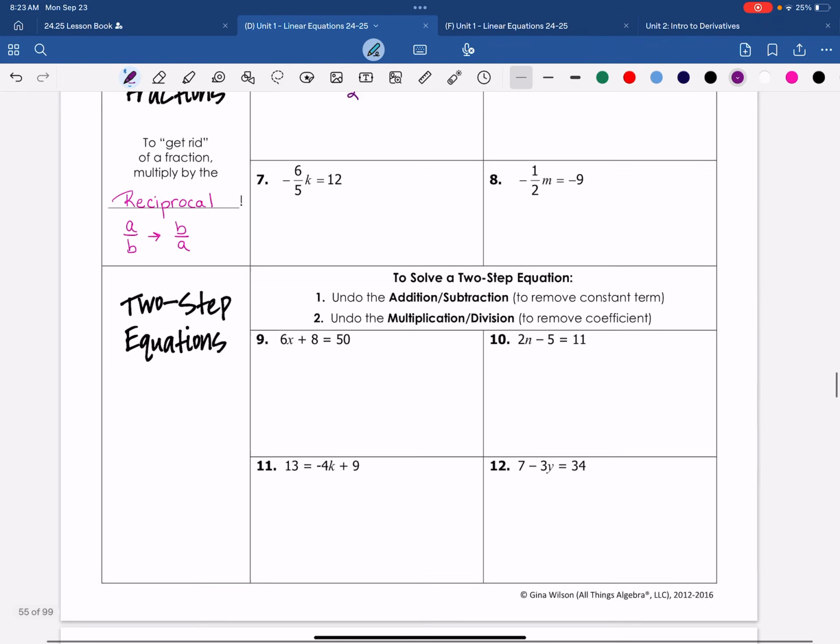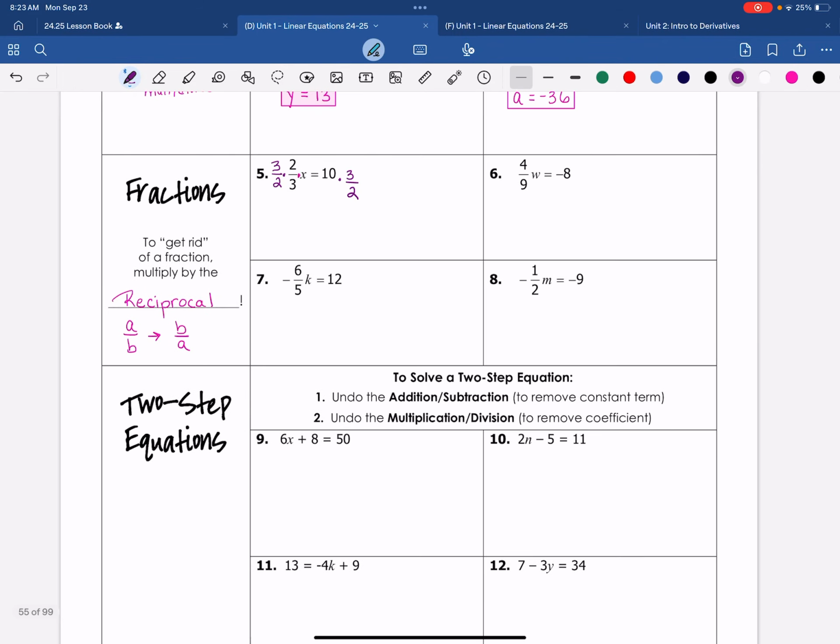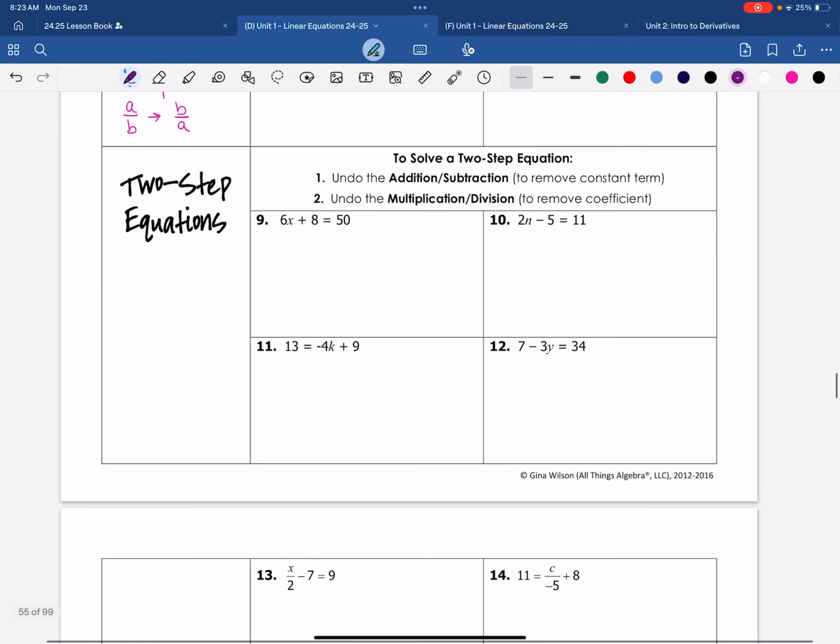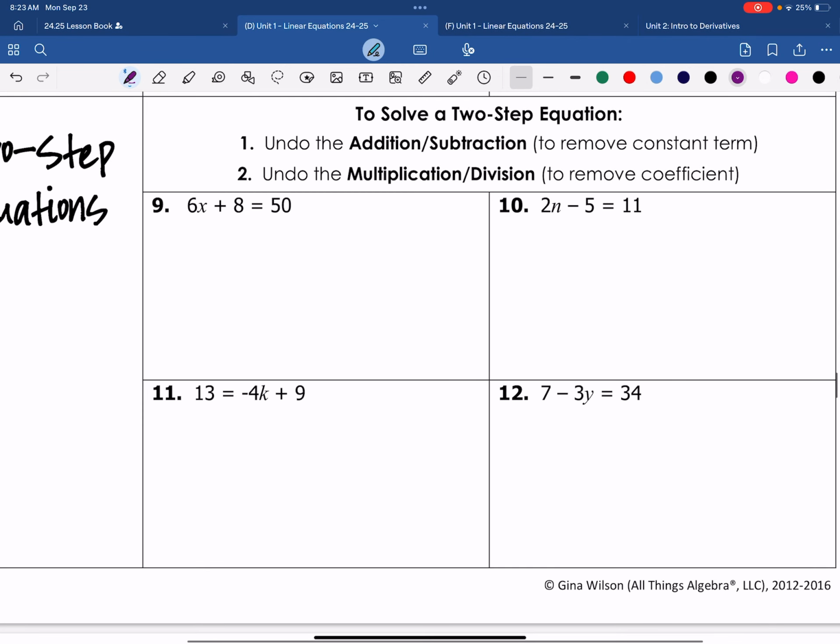All right, we're going to leave this middle section alone because I want to do that with you, and we're going to take a look at two-step equations, and then tomorrow in class we'll look at multiplying by the reciprocal, just because that can be a little bit complicated, and I want to make sure that we have that down. So for two-step equations,